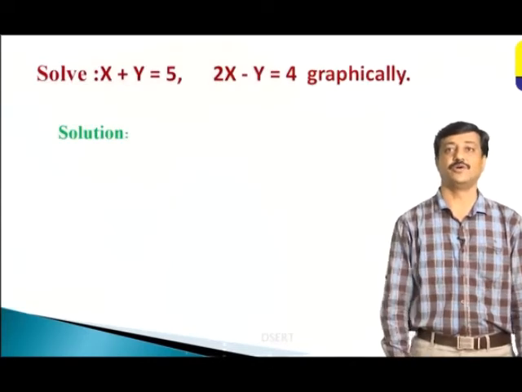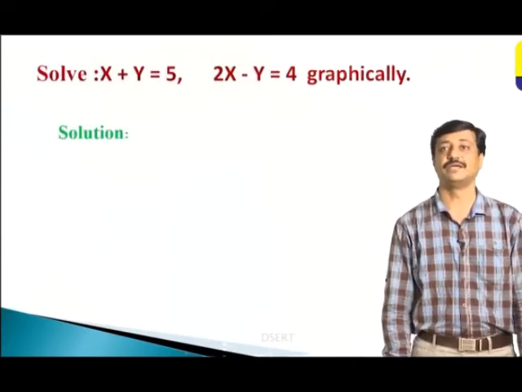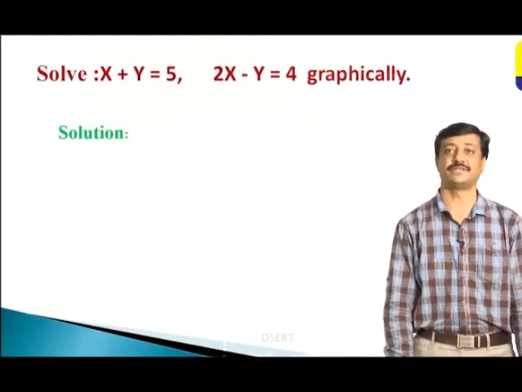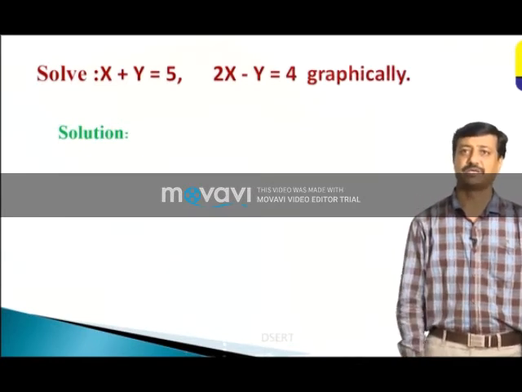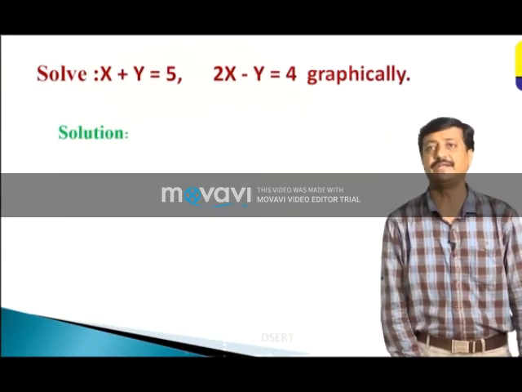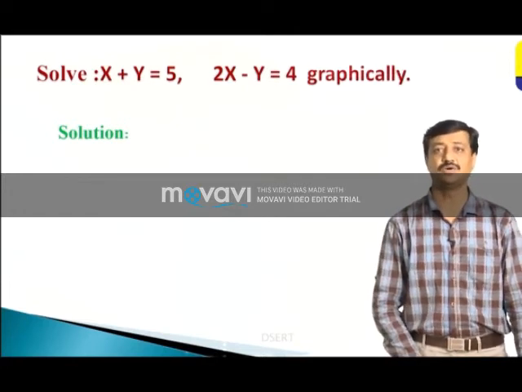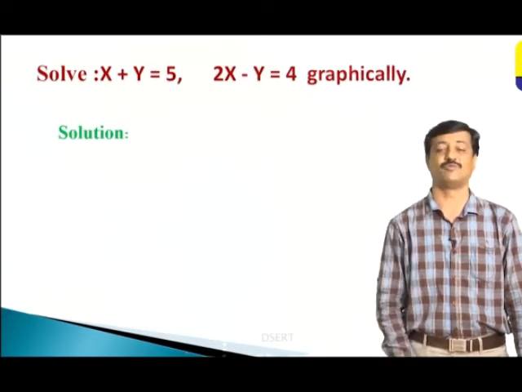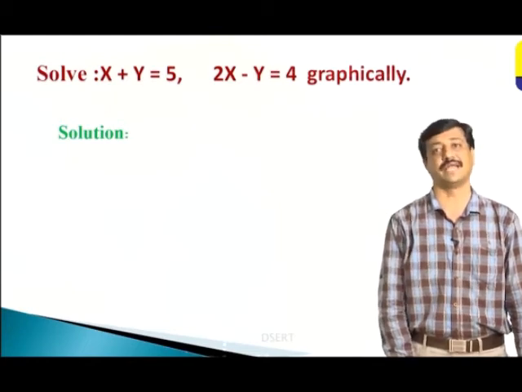So here we are going to solve the question on a pair of linear equations in 2 variables by the graphical method. This is an important type of question from the examination point of view. When it comes to the scheme, the question is divided into 4 parts. In the first part, you have to find the 2 tables for the 2 equations. It carries 2 marks, 1 mark each. The remaining 2 marks are given to the graph.